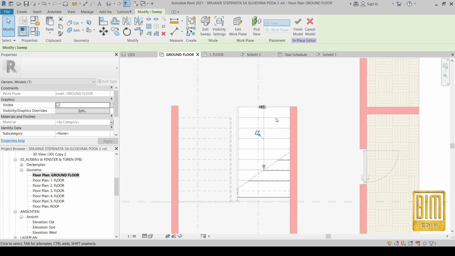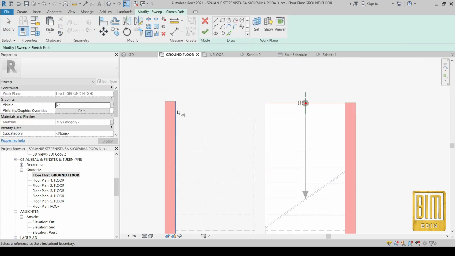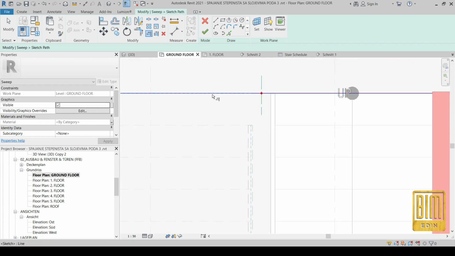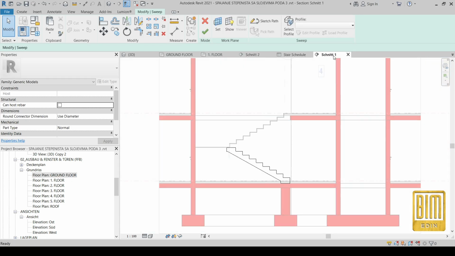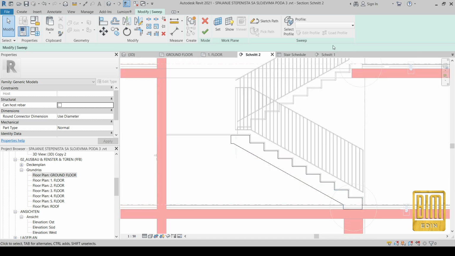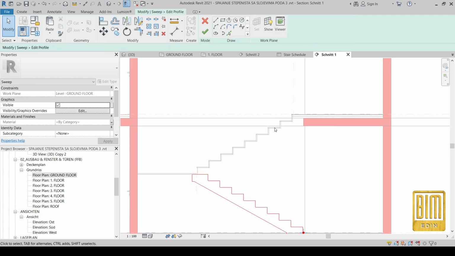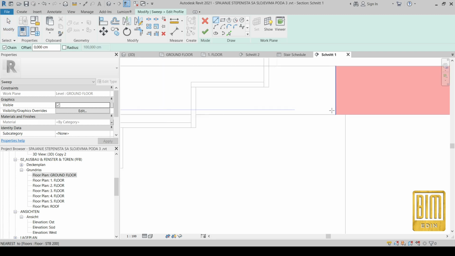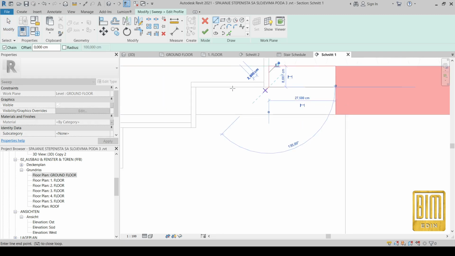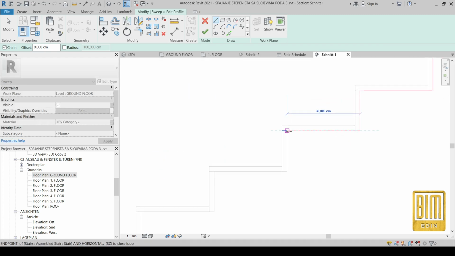because we already have added parameters here, and this material parameter will follow the model on the other part of the stairs. All right, from the section I will change the profile in this way. All right, by adding this